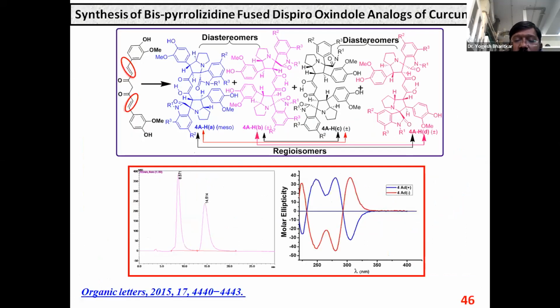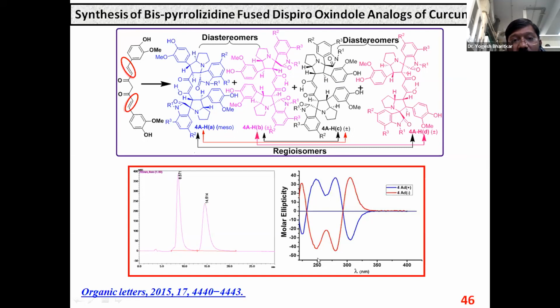And this is synthetically modified curcuminoids, published in Organic Letters. I did this reaction on a curcumin analog, on these two double bonds, a cyclization. In one single reaction, we get 4 isomers. All 4 isomers have the same molecular weight, same mass, and all same. So how do we differentiate these molecules?